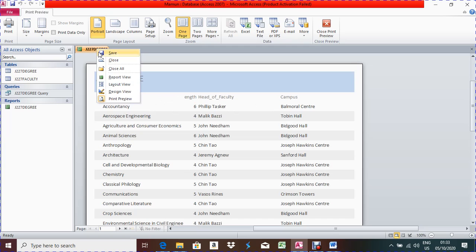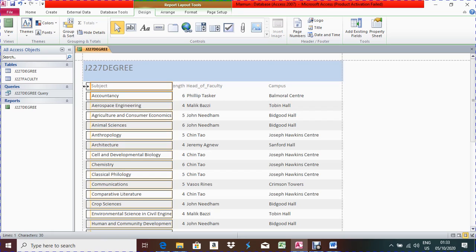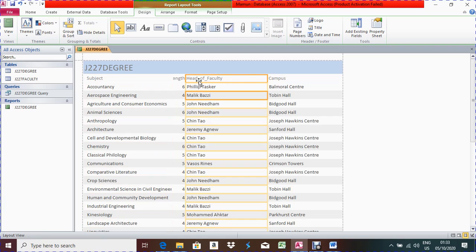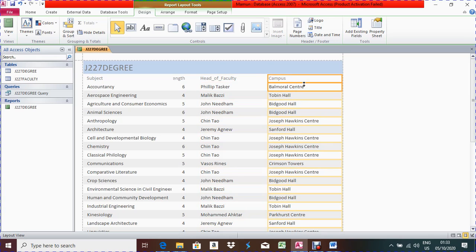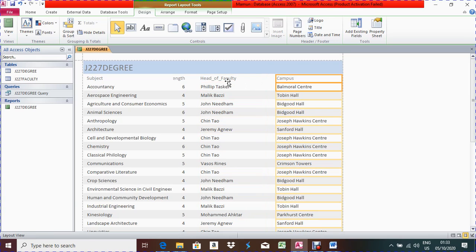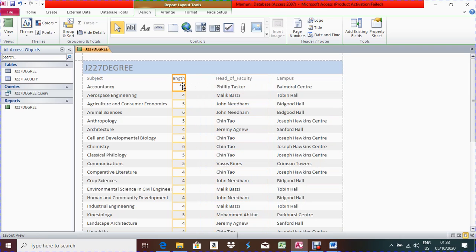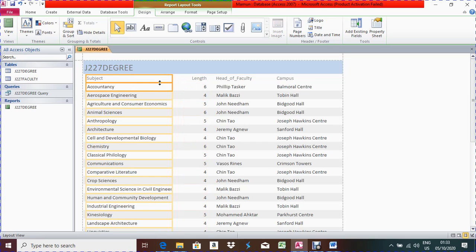In that case you have to open this one in layout view for editing the field length. So what I will do, I'll just move these things a little bit. I'll move head of faculty, campus also you can move a little bit to the right side, head of faculty a little bit to the right side, then you will get this one also a little bit to the right side, length, and this one also a little bit to the right side. Now what you have to do,